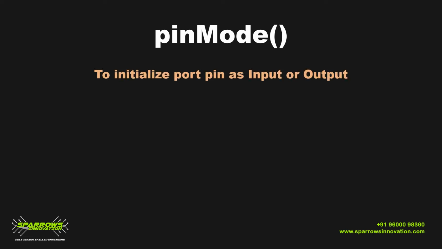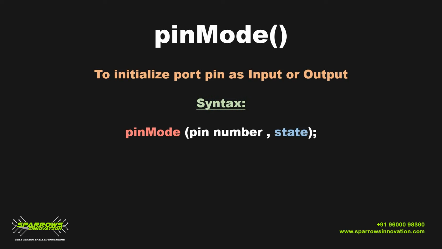For making your LED on, first we have to configure the pin as digital output, because the same pin can be used either as a digital input or digital output. So we have to configure that pin as output first. This I already explained in your previous video. If you want, you can look at the same video.